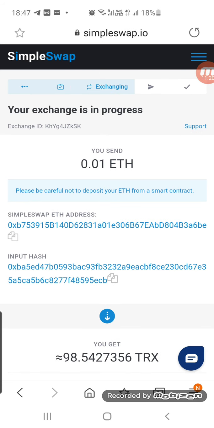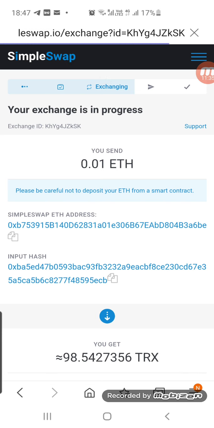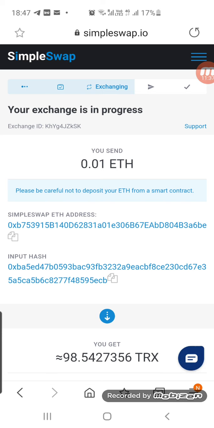Okay, now it says your exchange is in progress, and it says exchanging. Although this is cheaper, I feel it is better to do the swap within the wallet itself, but this is just another option.